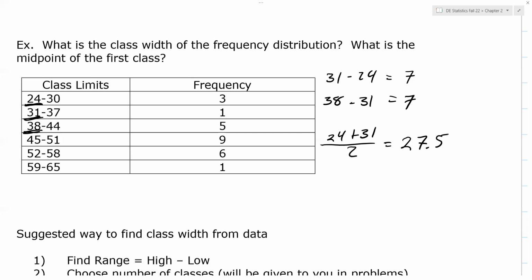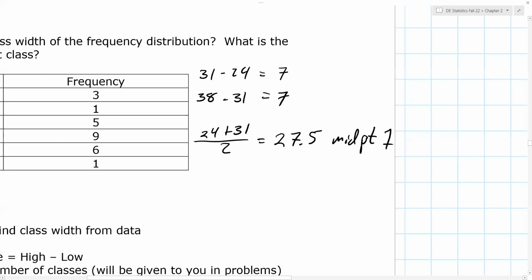So that means if instead of 31 minus 24, I did 37 minus 30, I also get 7. Another place it shows up is in the difference between midpoints. So once you find your first midpoint, this would be midpoint 1. If I wanted to find midpoint 2,